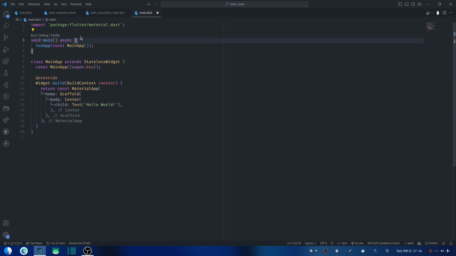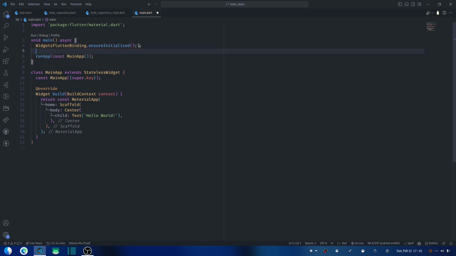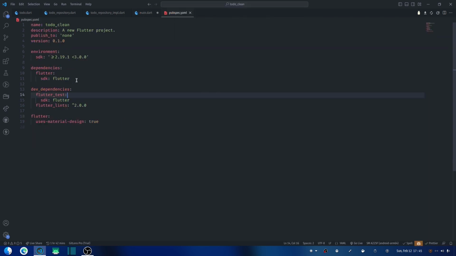And then first make sure that we have our binding set. You can do that with this Flutter binding ensure initialized, and then we can now call Firebase. So do Firebase, but then realize we don't have Firebase. So let's go to our pubspec.yaml file, and under the dependency section, let's add Firebase core,